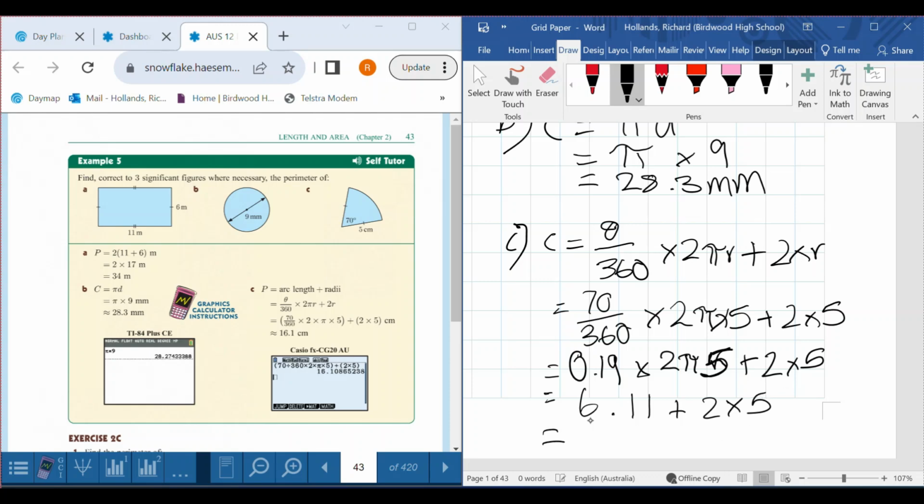We know that equals 10. So 6.11 plus 10, I'm just going to write it here for the sake of scrolling down. That gives us 16.1